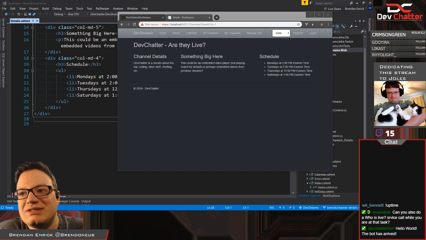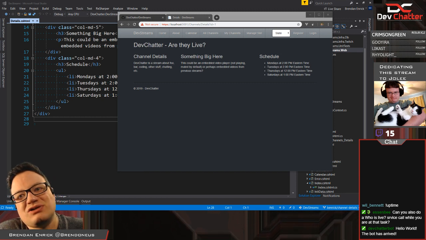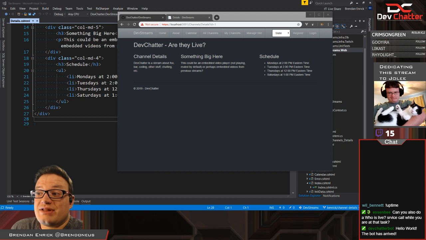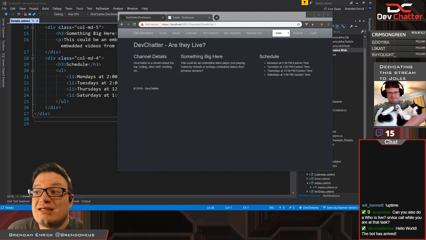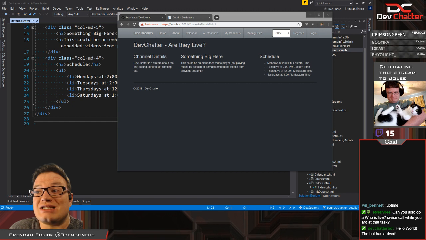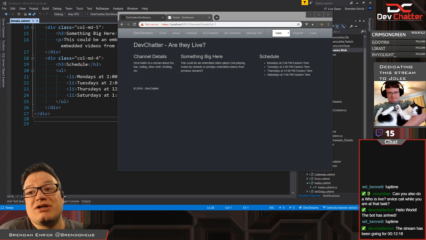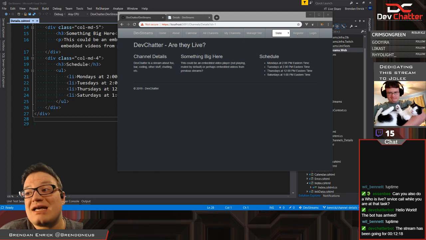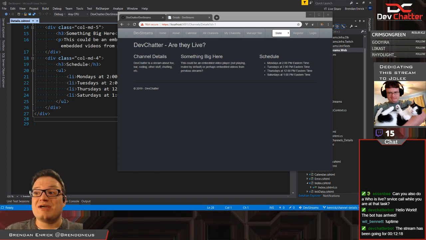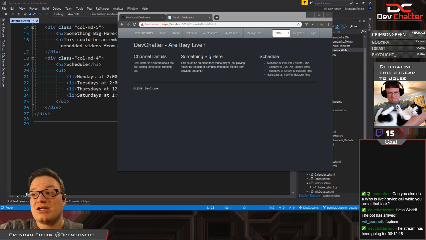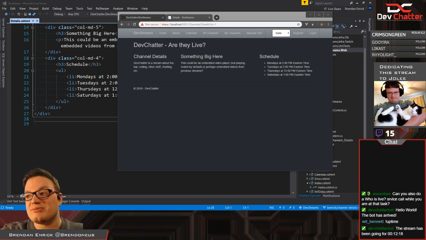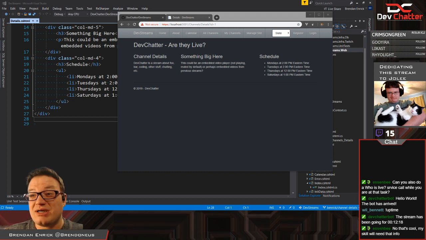Can you also do who is live service call while you're at that task? SNB, so my plan for that is for the server to have a cached list of who is live at any given point. So it'll actually only check who is live once a minute. So essentially, I'm going to cache that data once every minute, where I want to just ask Twitch of this set who is live if I can. So that's my goal, is basically say, hey, are any of these, you know, 100 or 1,000 streams or whatever their page limit is, right? Whatever the big amount of the request is, that's what I want to do.